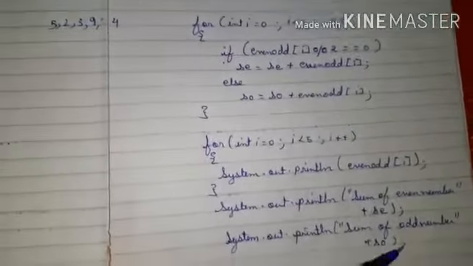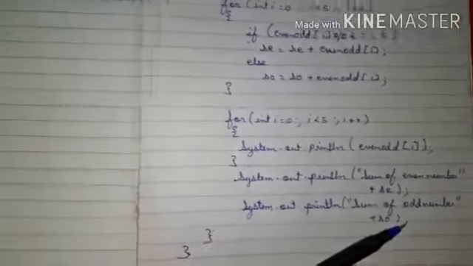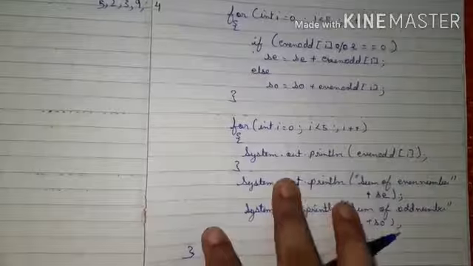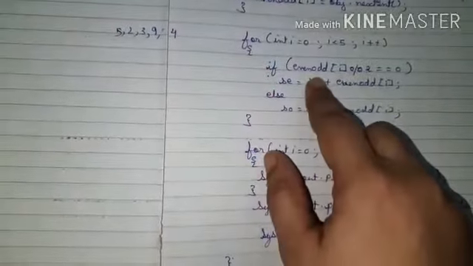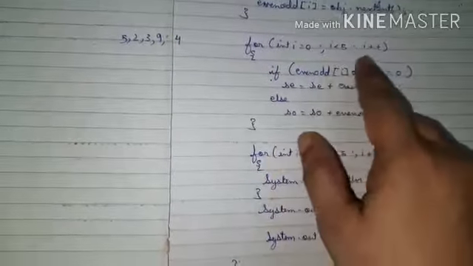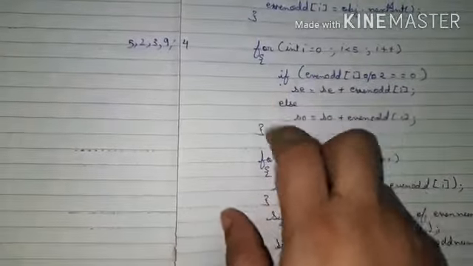By using the Scanner class, you can also do the program. Input the values, and in this way you can find out the sum. During calculation also we have to give the for loop, because since it is an array, to get each of the indexes we have to use a for loop.